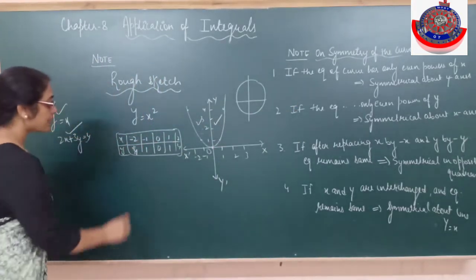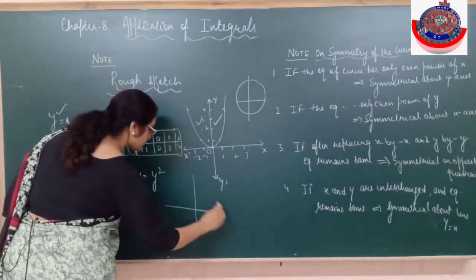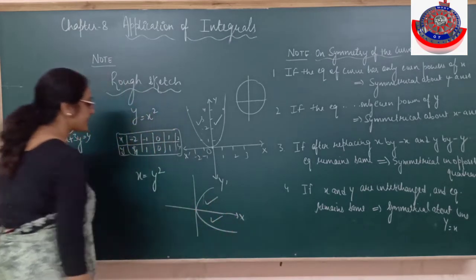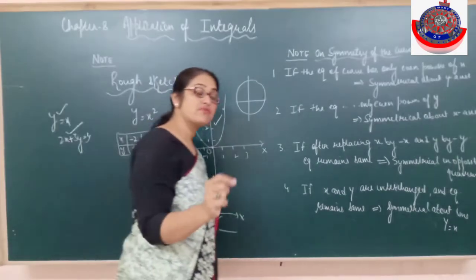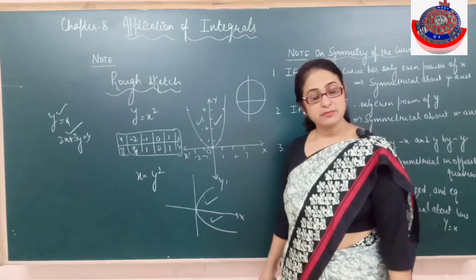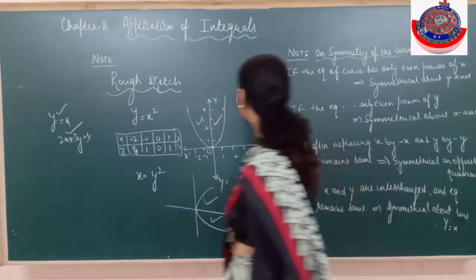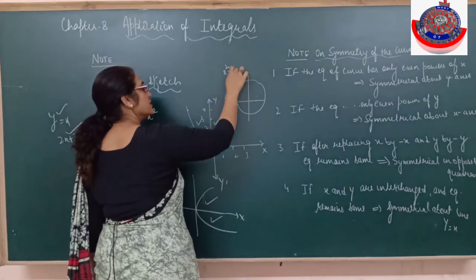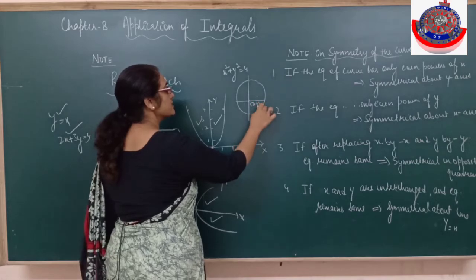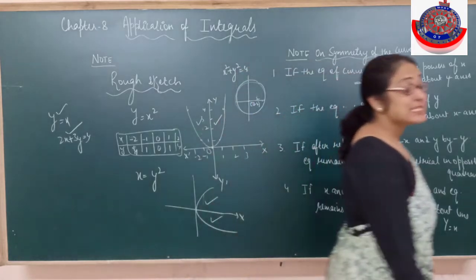If it has even powers of y, what kind of parabola is it? It is this kind of parabola. This will be symmetrical about the x-axis. If the curve has only even powers of y, it will be symmetrical about the x-axis. Is this clear? Alright, fine. And if it has both, suppose this is the equation of a circle, x square plus y square. If you draw this with the origin at 0, 0 and say radius 2, it's going to be like this. Everywhere it is covering the same area.